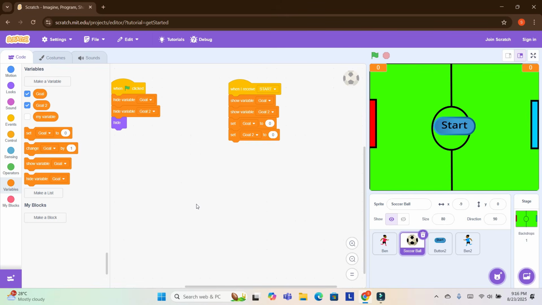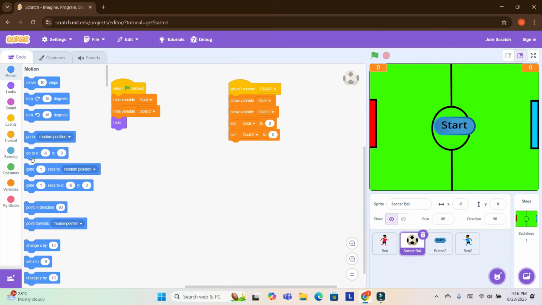It means if red team has scored 7 points and blue team has scored 8 points, so when I click on this flag, their scorecard will be 0. So now I will take its position, that will be go to x 0 and y 0.